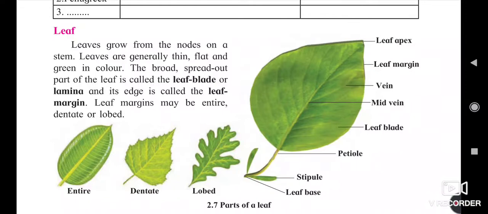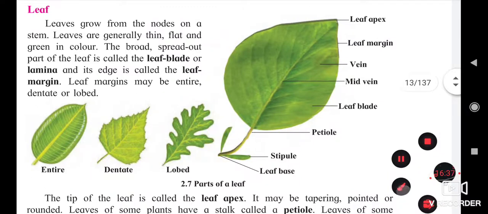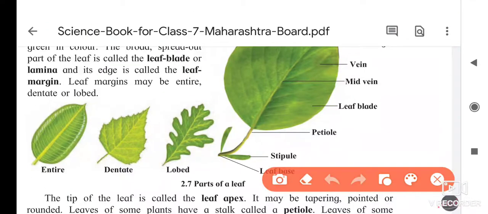The different parts of the leaf are: the stipule, from which the new leaves come out of the stem.